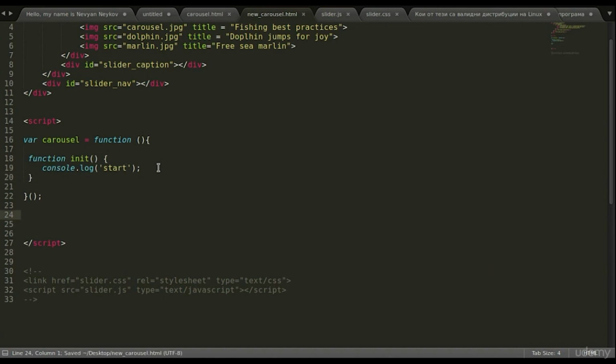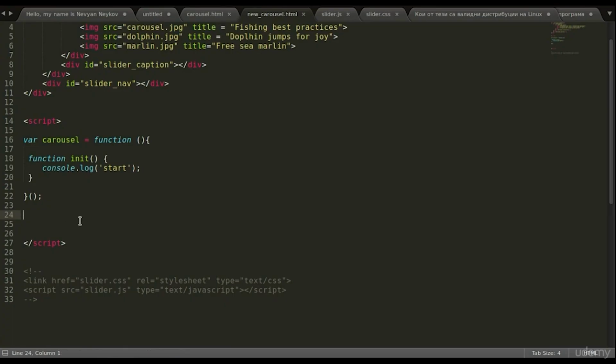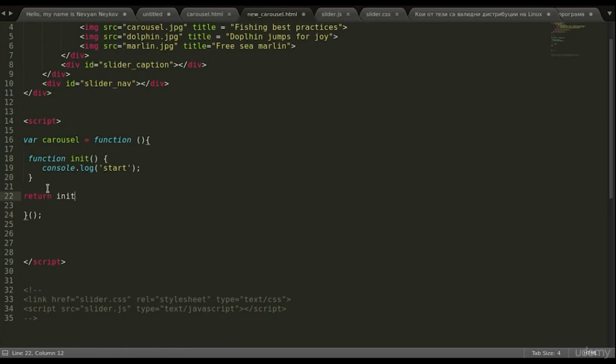So if we initialize our function like this, we'll see that nothing will happen on the screen because we have to start this init function. Our function has to return this function init in order to start. An advanced way of returning functions, in which we can choose what kind of function we would like to return to the users, is called